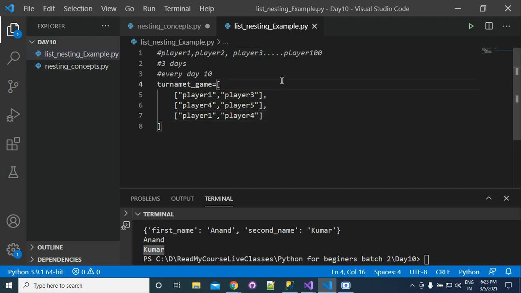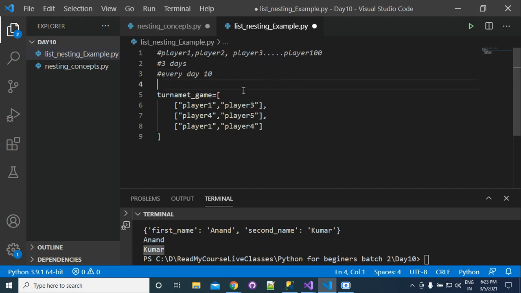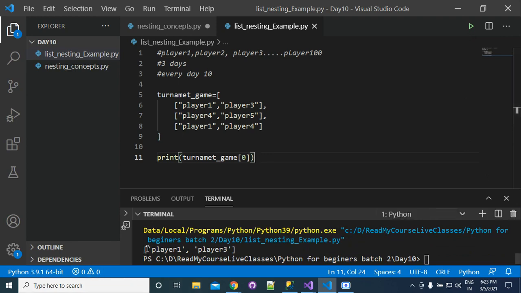So again, this is an example of nesting. You can see that this tournament game is a list, and the elements of this list are again lists. Now, if you want to get the result of day one, we can simply write tournament game 0, and you will get player 1 and player 3.